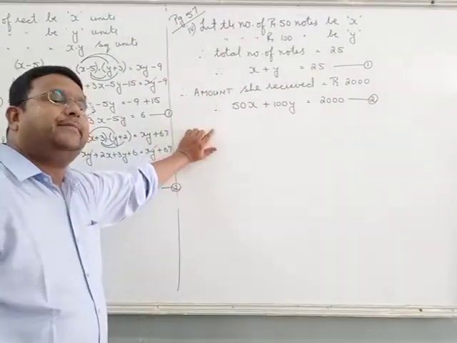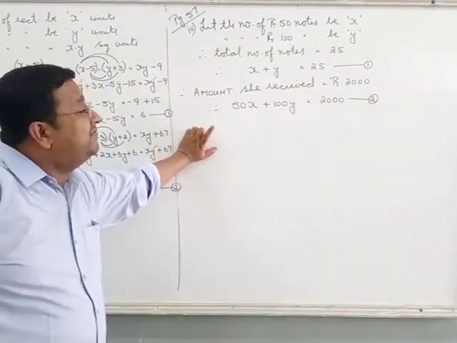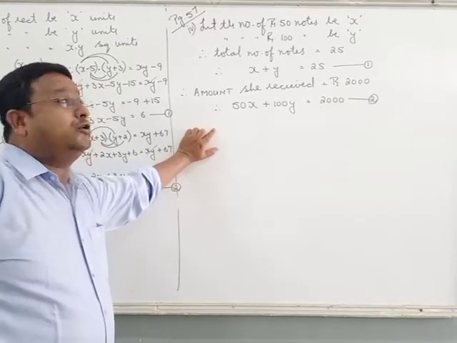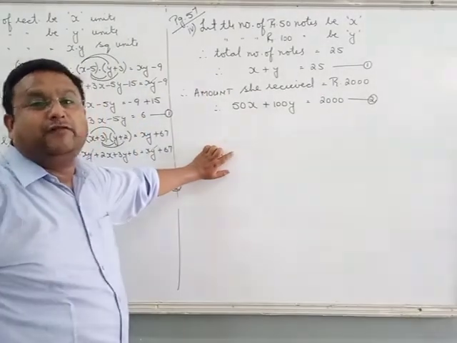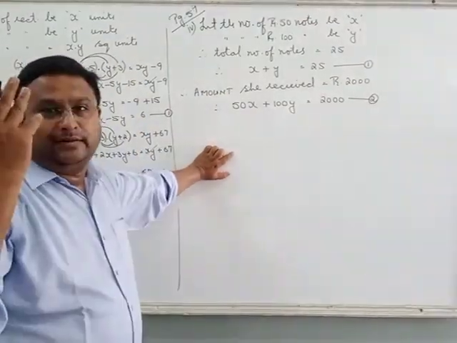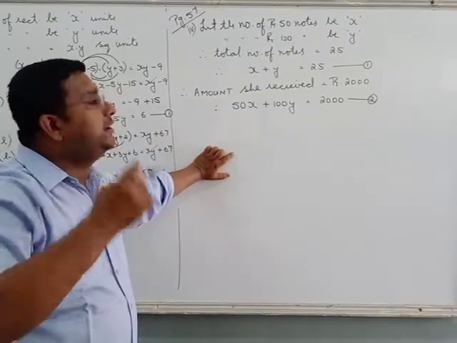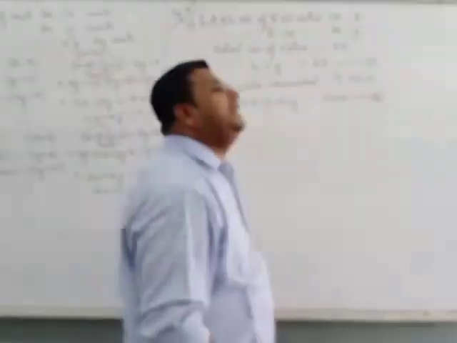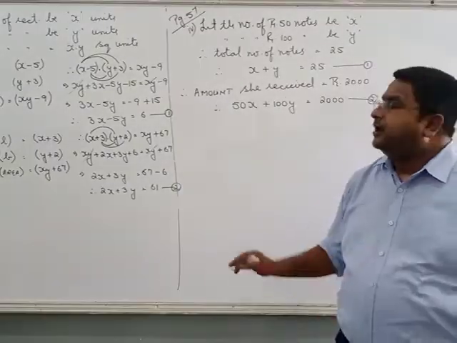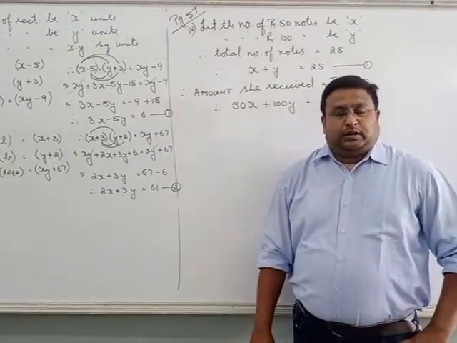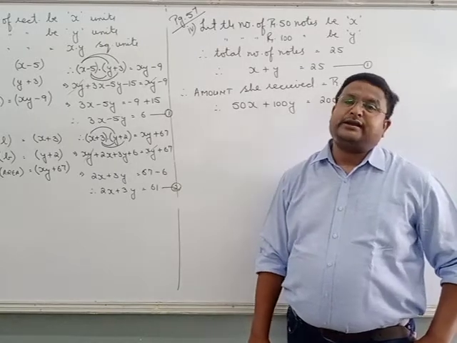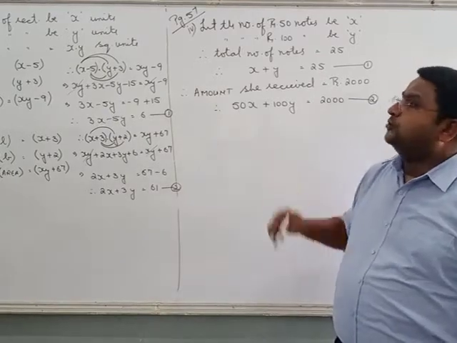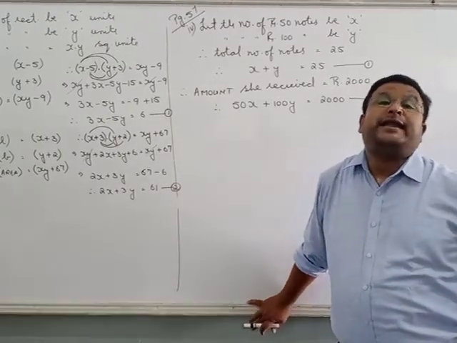Notes questions we are very easily able to understand. Why? We use them in our daily lives. Nowadays we do not use 50 or 100; we ask for pocket money in the form of 2000 or 500. But previously it was 50 or 100. All these questions are based on your daily application. Students, if you look at your syllabus, it is clearly mentioned: word problems based on our daily life. All the word problems we discussed today are based on your daily application.